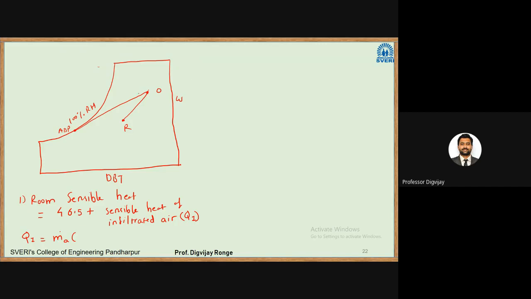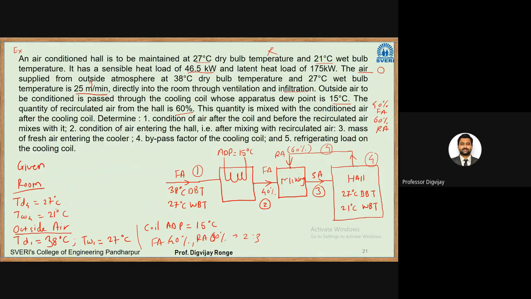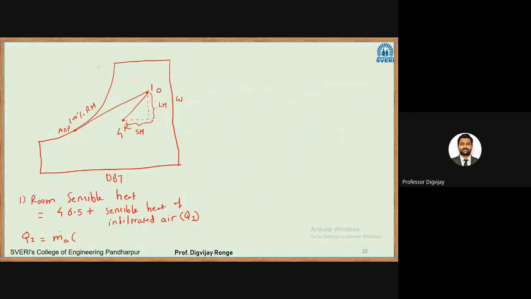So in this case, what is happening? We have to consider the sensible heat. So there we have to draw a triangle. So this is a hypothetical triangle. In this case, this vertical will be your latent heat, and this horizontal will be your sensible heat, right? So outside air, we have considered as point 1, and return air, room air, we have to consider as point 4. So this is 1, this is 4. Apparatus dew point, we have considered as point 2. So this is point 1, point 4, and here let us assume this hypothetical point is point A.